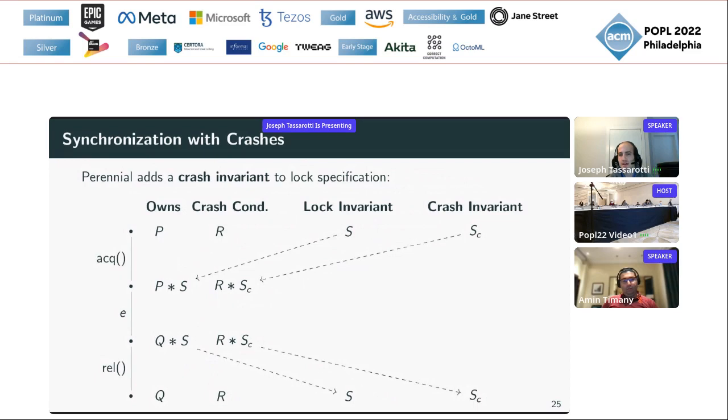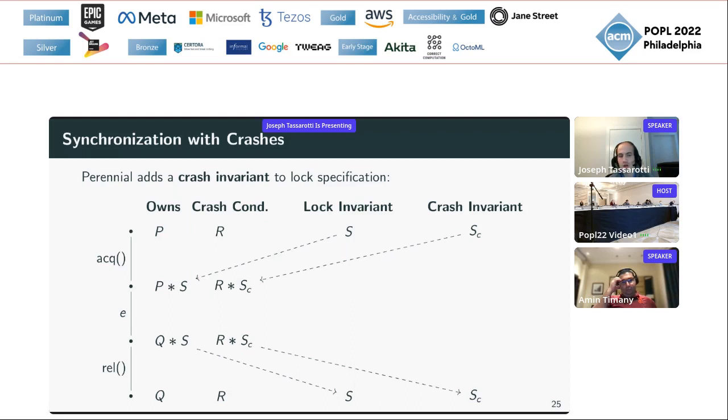The crash invariant is a weaker assertion, SC, which should always be implied by the lock invariant S. When a thread acquires the lock, it gets ownership of the resources S, but its crash condition is also augmented with the crash invariant SC. You can think of that as saying you get ownership of S, but now you must promise to maintain the crash invariant for as long as you hold the lock.